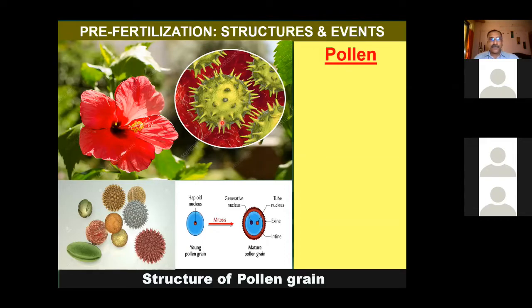And if you transfer that powder to a slide, prepare a slide and then focus under the microscope, you can see this kind of structures. This is nothing else. This is what is called the pollen or the pollen grain, what we have seen in the previous slide. Now, this is a pollen grain. You can see that the pollen grain is a haploid structure. Now, you see what are the characteristics of pollen grain?